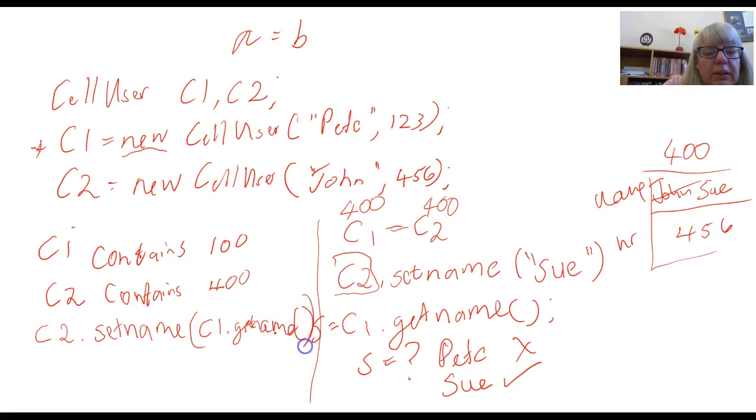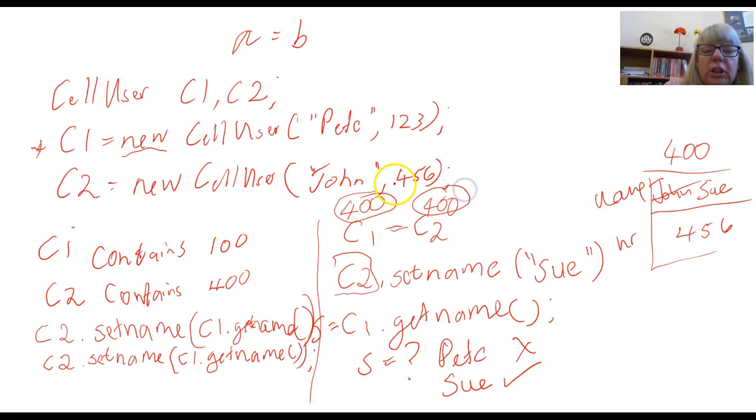C1.getName. Sorry, let me just rewrite that. So to change the name of C2, I would say C2 setName. What should I set it to? C1 getName. So I would have to change the separate fields of these objects to make sure that I do not lose